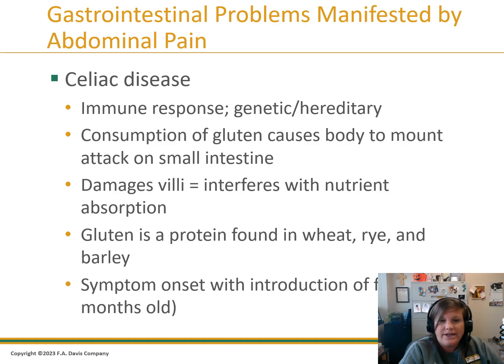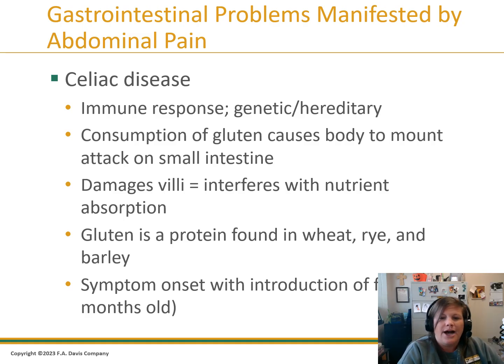So the first one we're talking about is celiac disease, and this should be, I hope, something you've heard of before in the nursing program. This is an immune response or an autoimmune disorder that is generally genetic or hereditary in nature, in which the body has an intolerance to gluten. Be careful with what you interpret that to mean, because it's not actually an allergy to gluten,